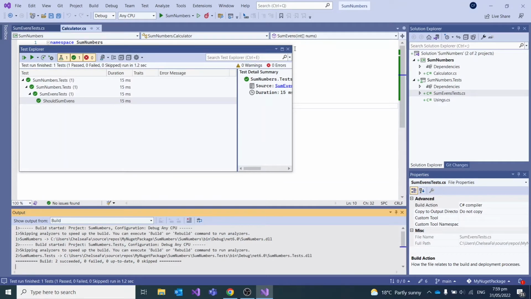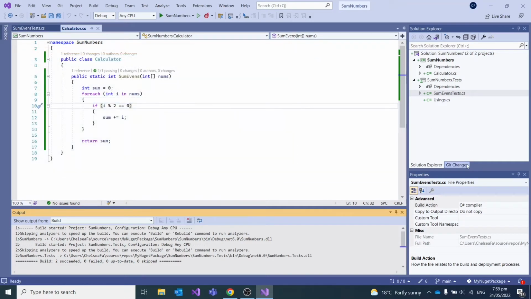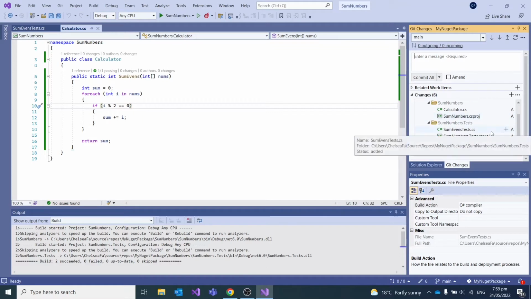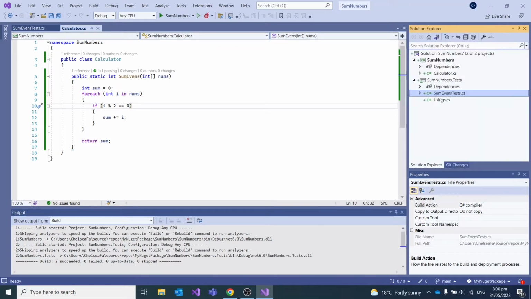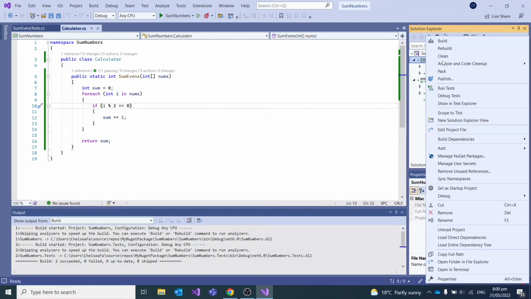Cool, and my tests are passing, so I'm ready to go ahead and push my changes. When I push my changes, I can then go ahead and set up the build pipeline. Just give a little descriptive message. And I actually need to do one more thing. I want to set up my